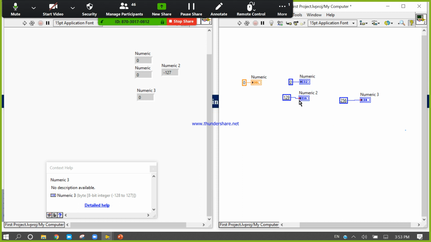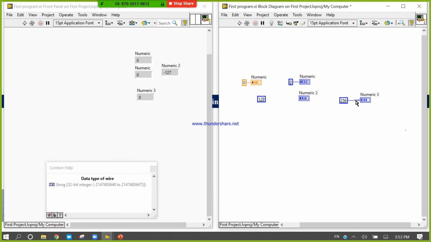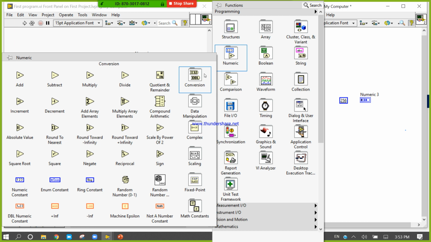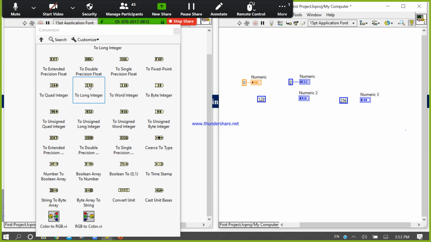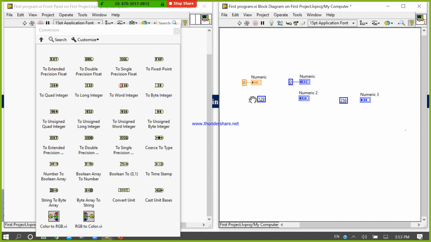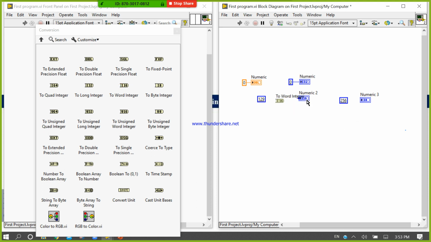But by using this coercion dot, you can lose your data, you can lose bits. To reduce that, we use different kinds of representations. Right click, come into Numeric, this is the conversion. What do I want to convert into? I16. This is I16, which we call a word integer.